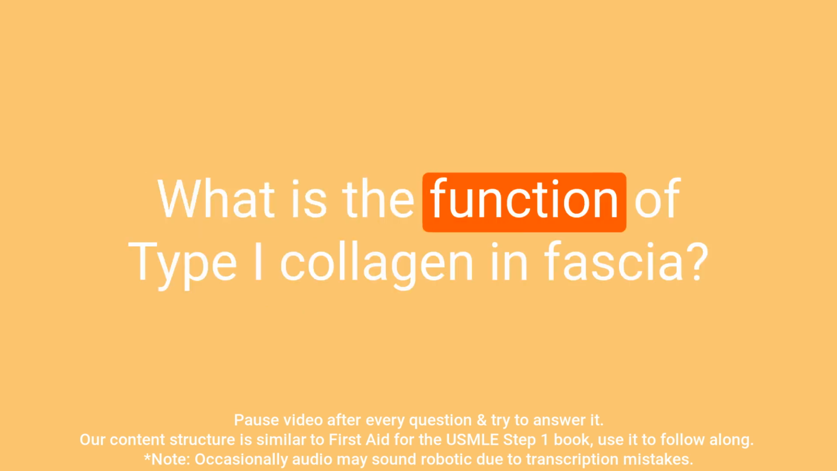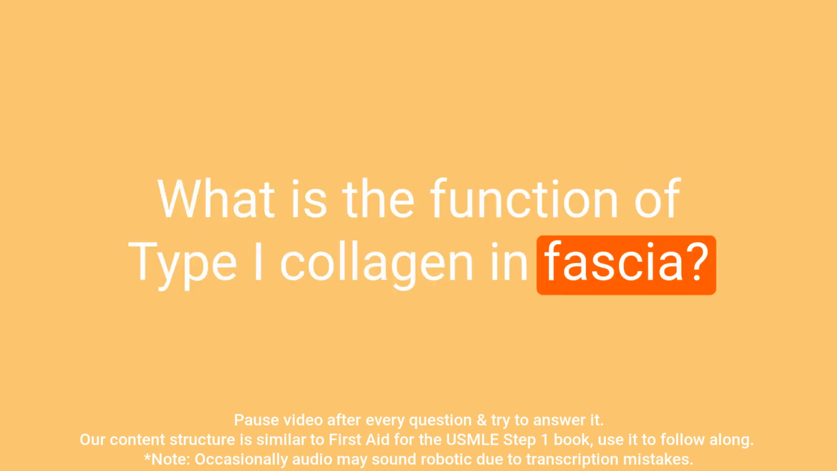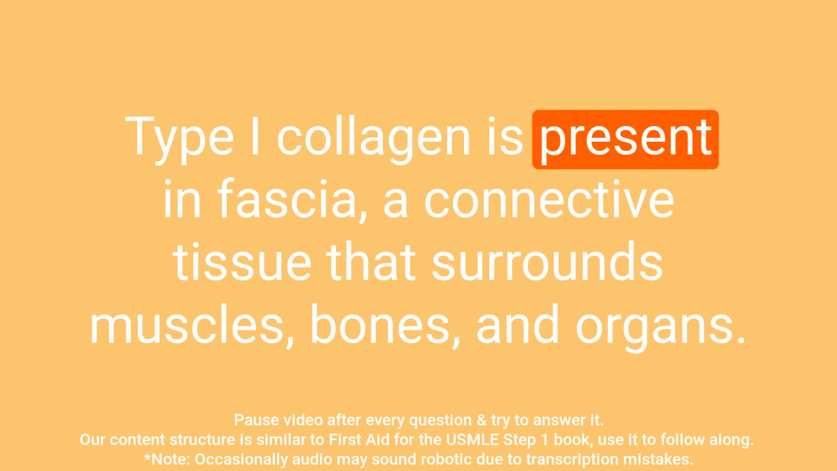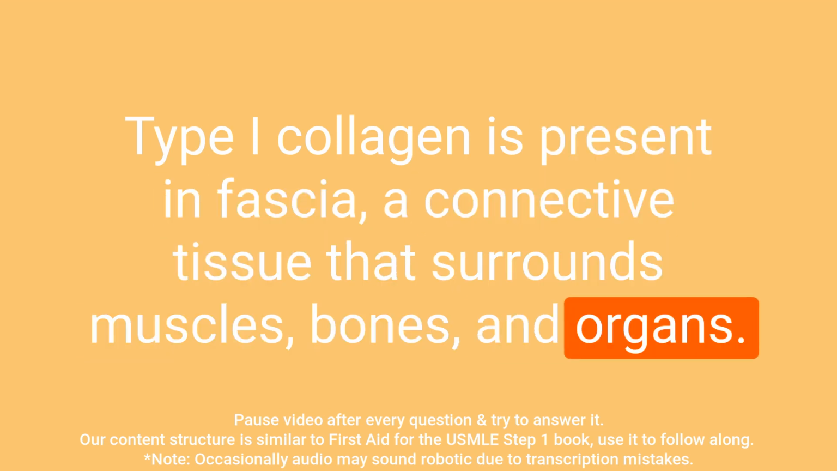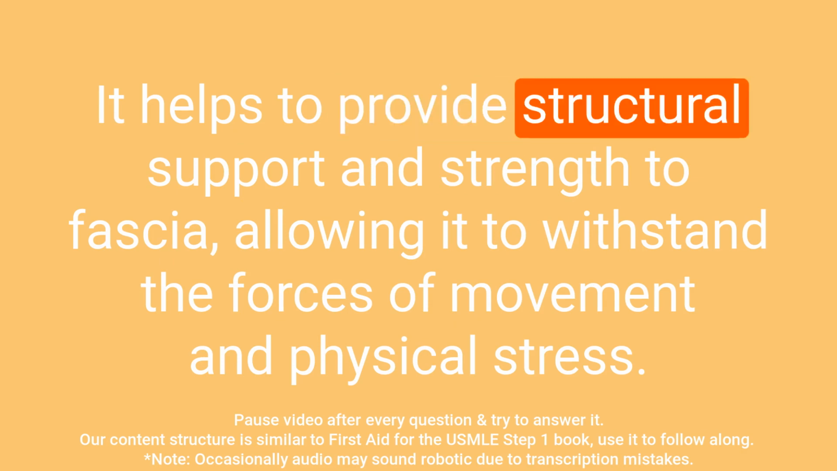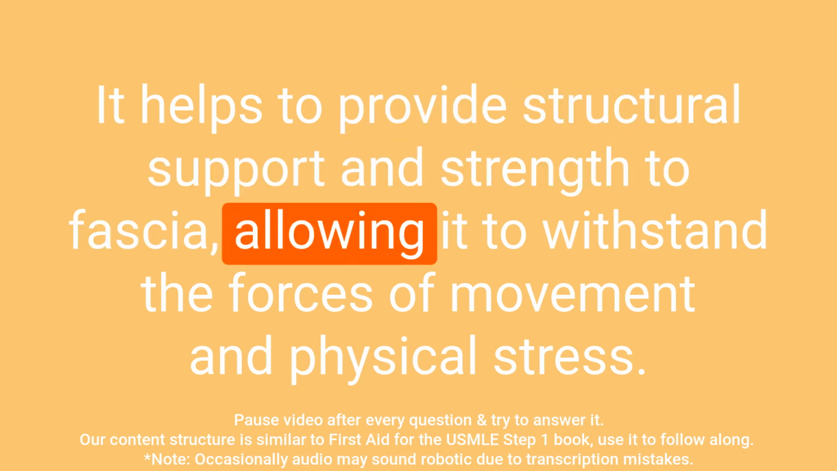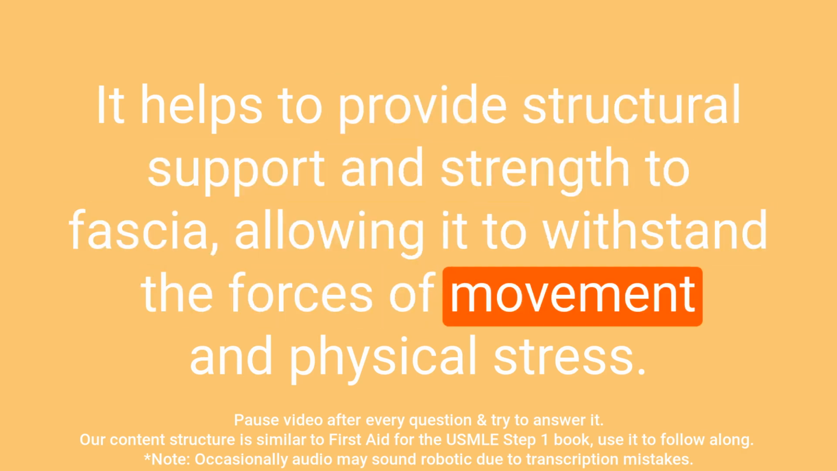Question: what is the function of type I collagen in fascia? Answer: type I collagen is present in fascia, a connective tissue that surrounds muscles, bones, and organs. It helps to provide structural support and strength to fascia, allowing it to withstand the forces of movement and physical